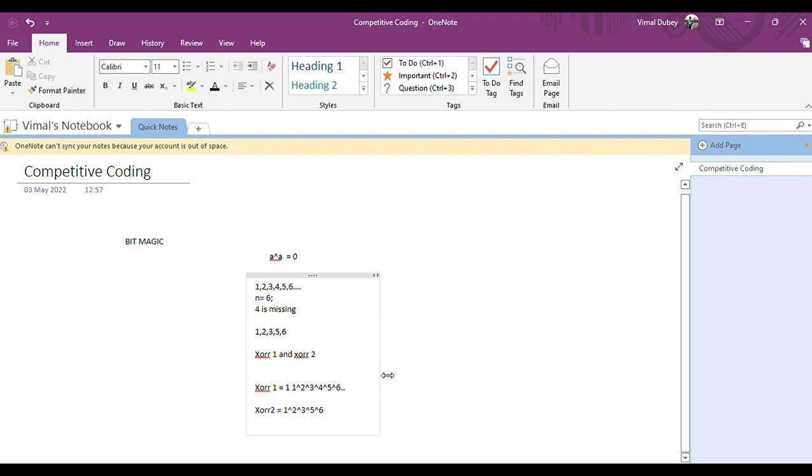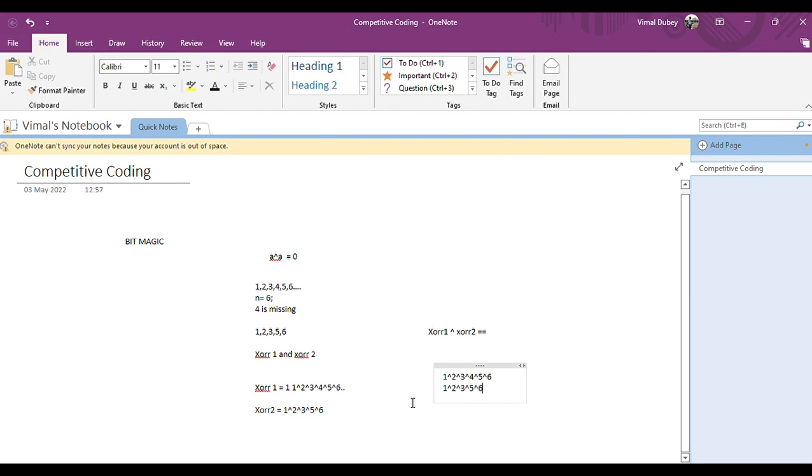And now what we will do is we will take XOR1 XOR XOR2. Let's see what will happen after this. When I take XOR1 and XOR2, the original array is 1, 2, 3, 4, 5, 6, and I'm taking XOR with 1, 2, 3, 5 and 6.